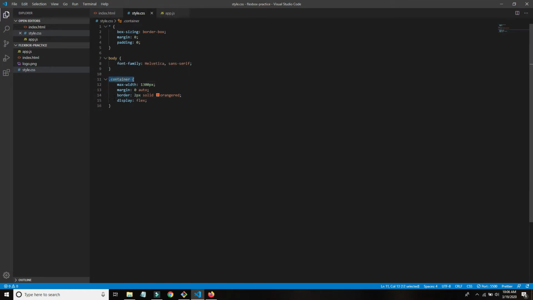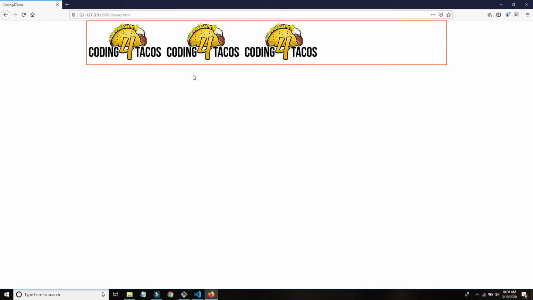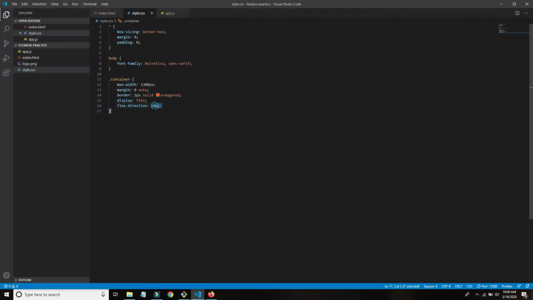In Flexbox, you always need to think of the parent, the Flex parent, and its children. Whatever is inside of that parent, or whatever is inside of this container, are the children, and whatever has display flex is the Flex parent. And the parent defines how the children are organized. By default, the flex direction is row, so we shouldn't see any changes,